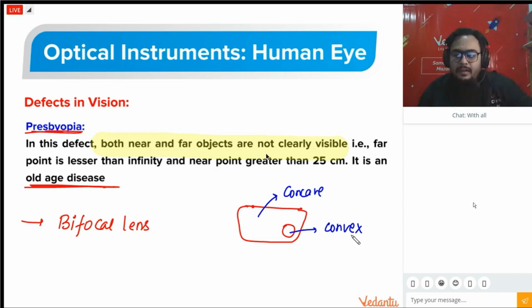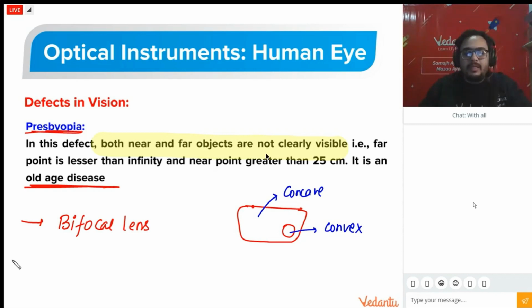Is it clear? So this was your biology session. Please rate how you feel about me teaching biology. I don't recommend it. There are experts for it. Plus sign for convex. Yes, that we already know, smart girl. That is why my number is in minus, because I use a concave lens. In cataract, there is a layer formed in front of your lens which makes it unusable. Blurred basically, yes.